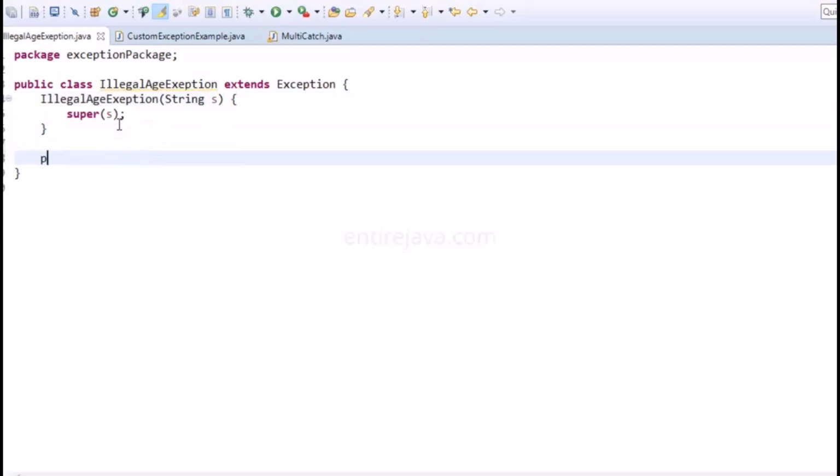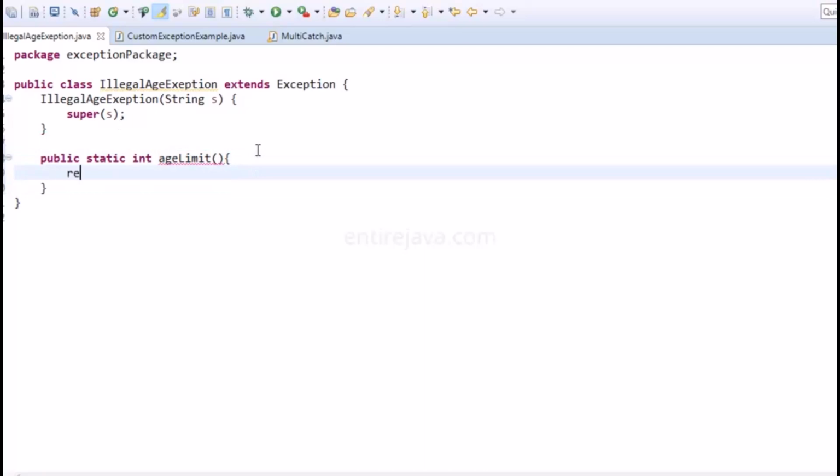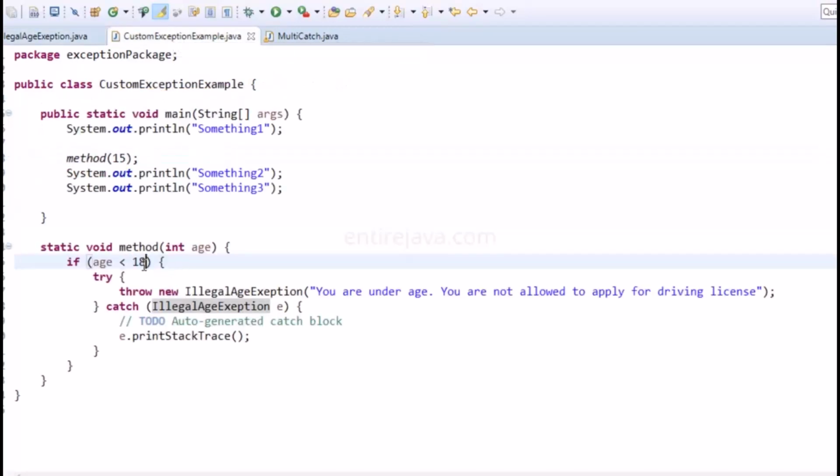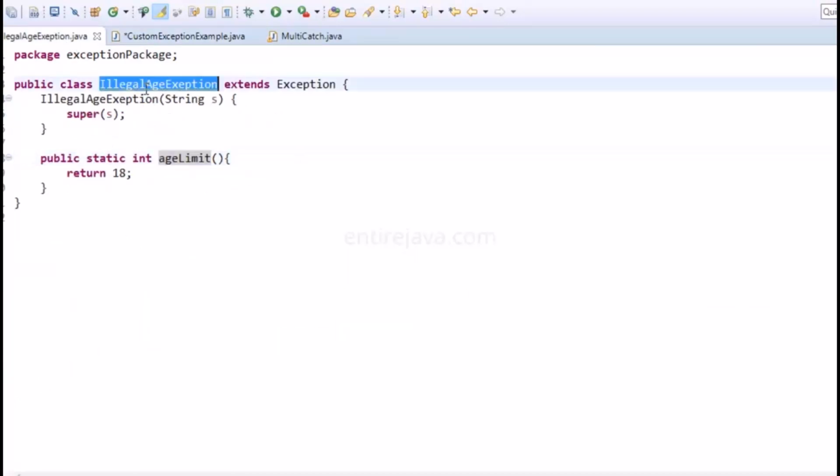So public static age limit, the return type is going to be int, return 18. Now instead of letting the user enter the age, we can tell him what is the legal age, and you can use the same class name since this is static,